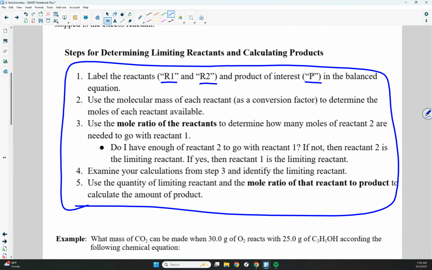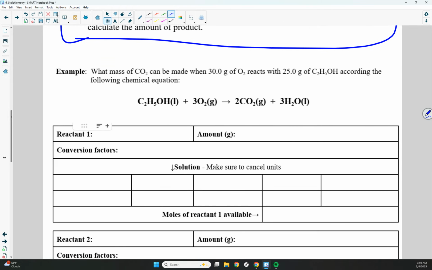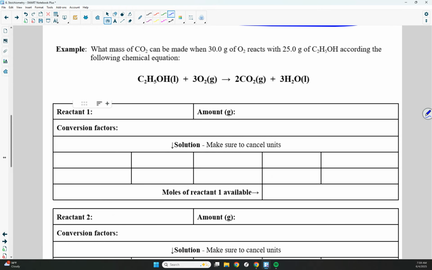And as far as which is reactant 1, which is reactant 2, it doesn't really matter. I usually just list them in order. So I'll show you how to do that in our example here, and I'll walk you through these other steps. So our first example problem, what mass of CO2, so that is what we're trying to solve for, so I'll put a